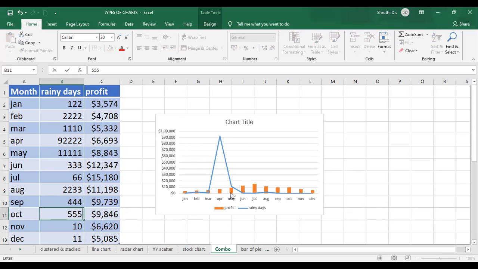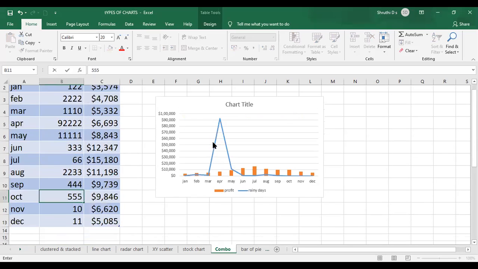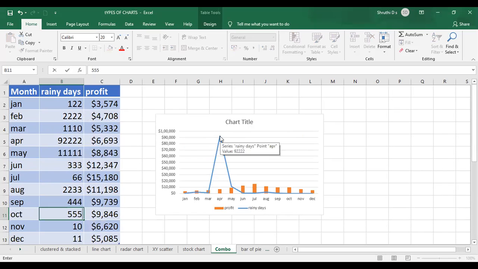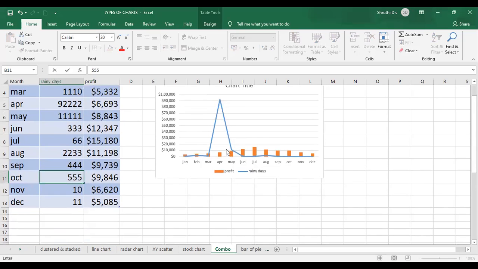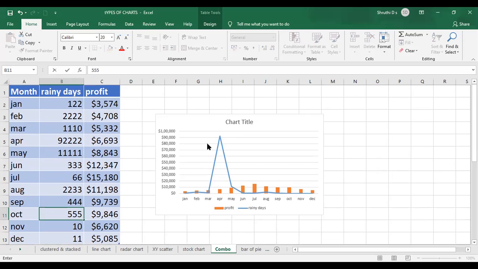So even the blue line which I have represented as the line chart is appearing and showing the growth. Since I kept it at 10 and 11 earlier, the line graph which had pointed up to here has automatically come down to the 0th level, to the 10 and 11 position. So like this, a combo chart can be used whenever you want to represent two charts combined together. So this is your combo chart.